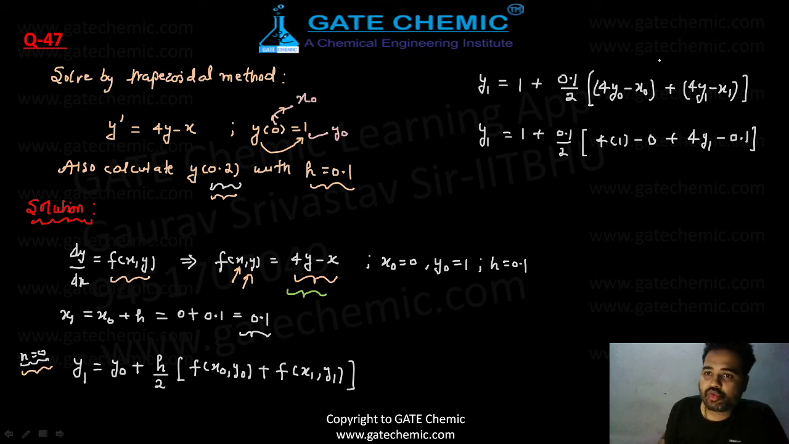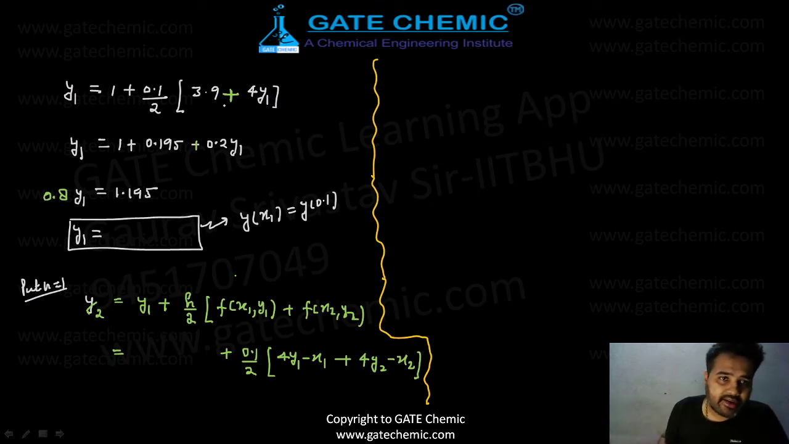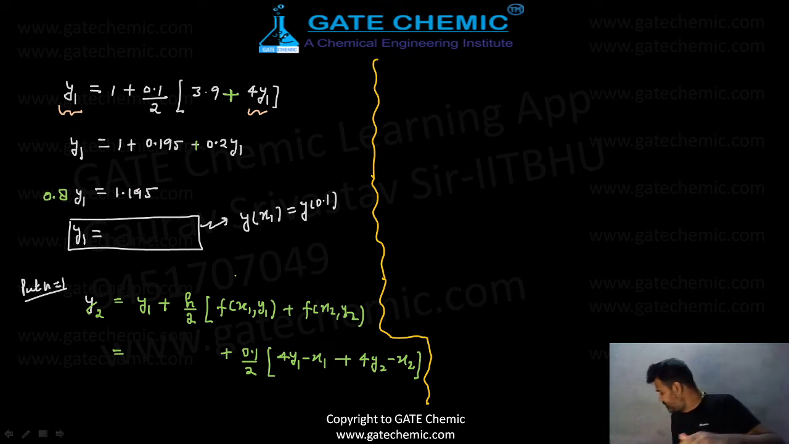Okay beta, so here x naught, so 4y naught minus x naught, and here you are going to put x1, y1, so 4y1 minus x1. Now just put the value of x naught, x1 and y naught, then you will get this expression. After this just solve it, and you will get y1 in RHS as well as in LHS. So just solve for y1, and after solving it will come